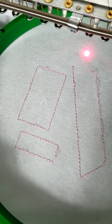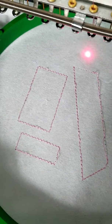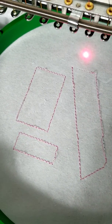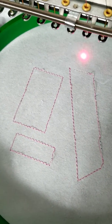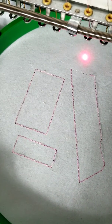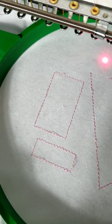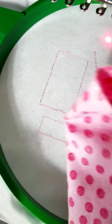So this is a fabric bow with tails. Super simple to stitch. All you're going to do is hoop your stabilizer, stitch your placement line directly onto the stabilizer, which is step one. Then you're going to take whichever fabric you're going to use and place it right sides together